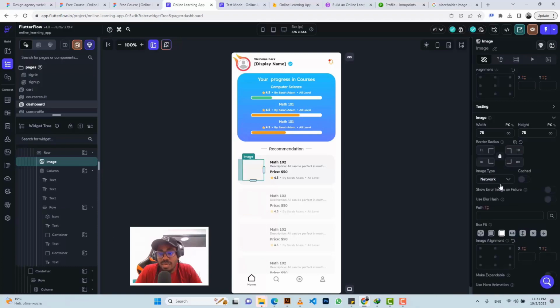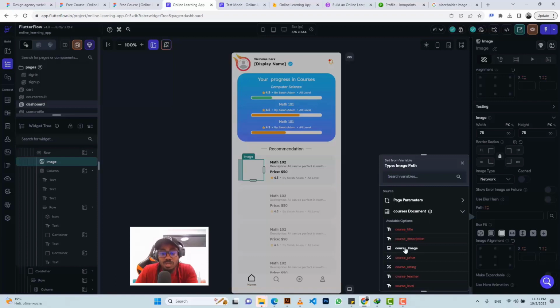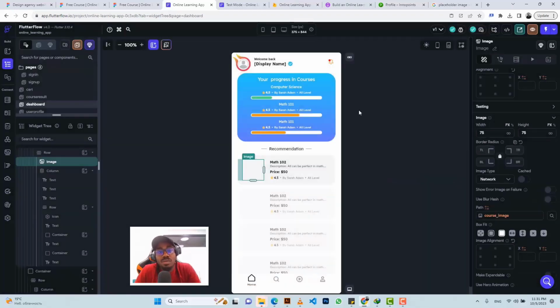Okay, and then I will click on here and say courses document. Because we have queried this list view, we can now access the courses document. So we'll click on it and say course image. Okay, now we're supposed to see something here, but instead of using a placeholder image, what I want us to do instead